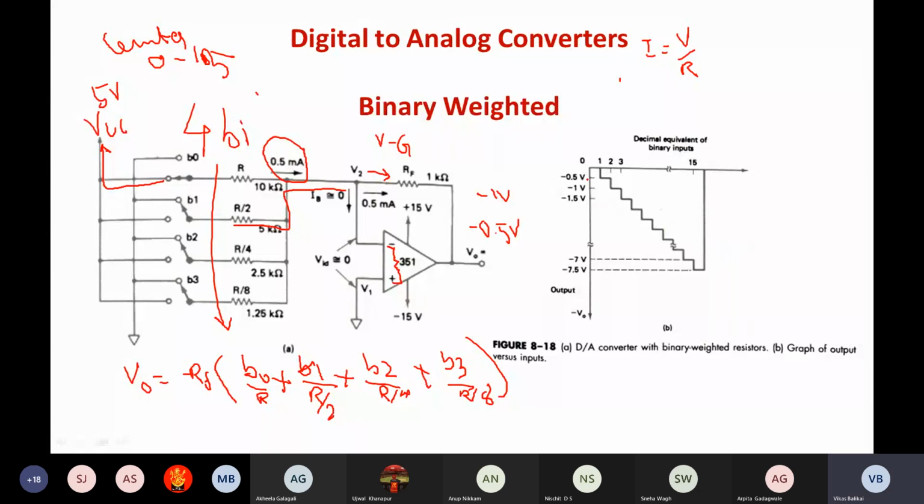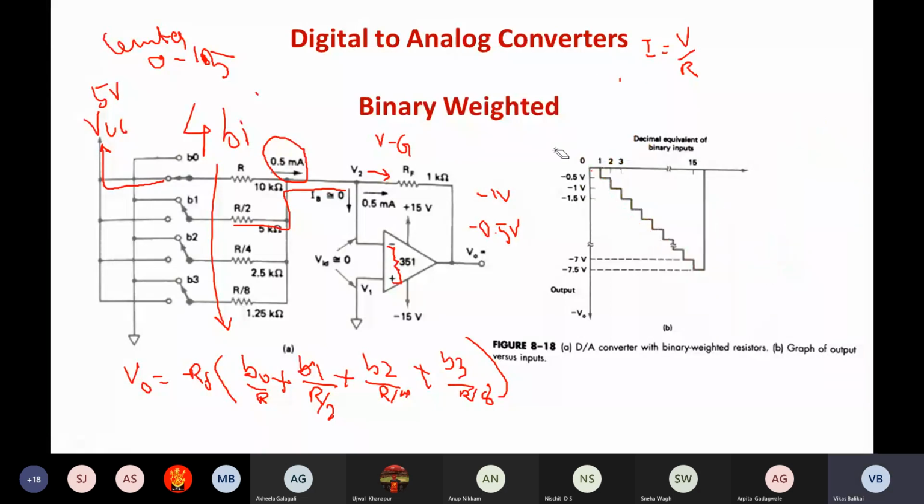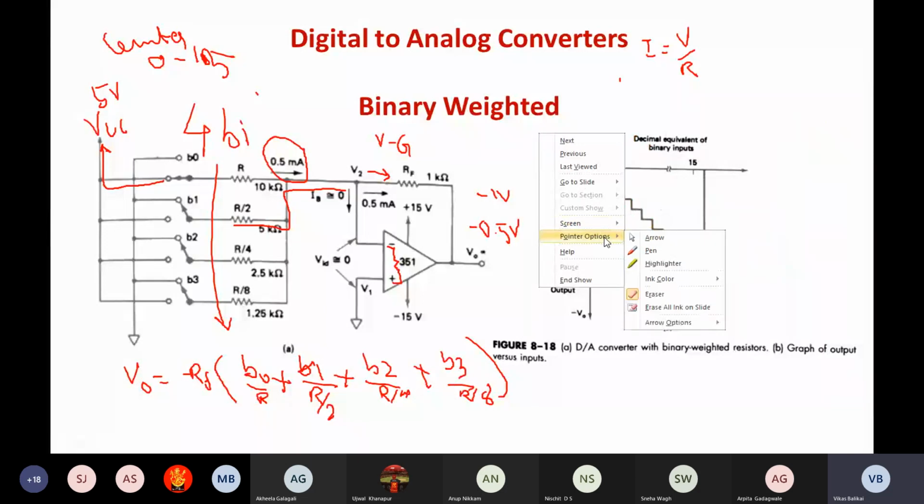And if I continue this entire activity, so this is basically digital to analog. When you do A to D conversion, we use the sampling process or quantization process. So here also I will be using that, and I will be joining these points. Repeating this, my output will keep on coming like this. So this is how I am going to generate the analog output by using the digital values.